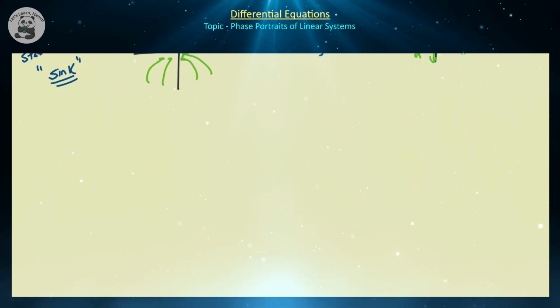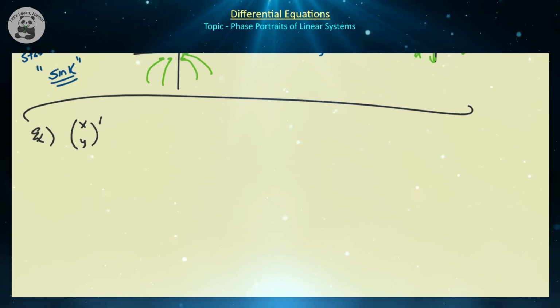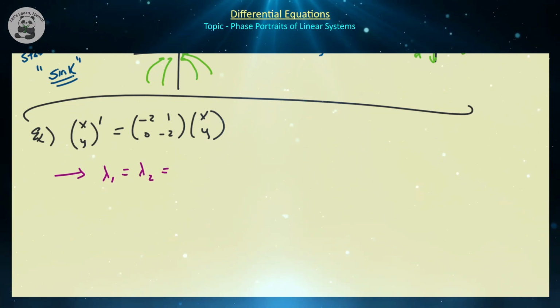So let's actually look at an example and see if we can draw the phase portrait for this particular system. So let's assume that we have x, y prime is equal to -2, 1, 0, -2 times xy. If you want to pause this video and see if you can find the eigenvalues and eigenvectors for this, I recommend you doing so. But once you do solve them, you're going to have that lambda 1 equals lambda 2 are both equal to -2, and you're actually going to have only one